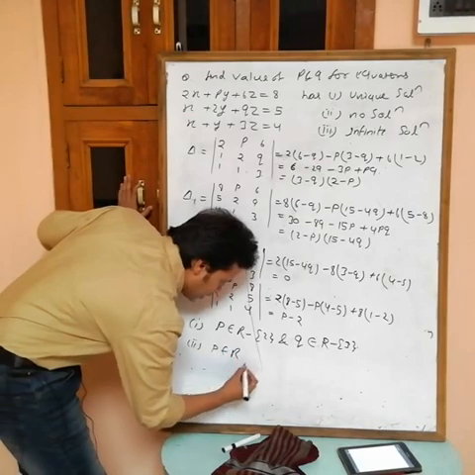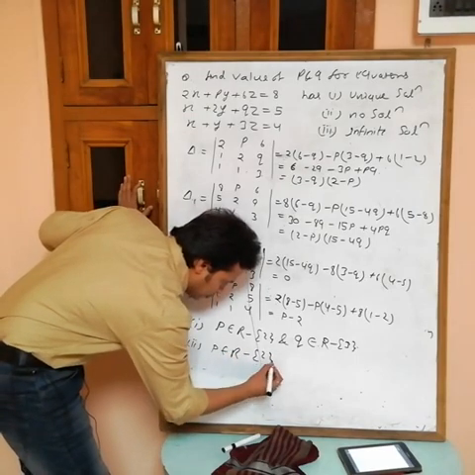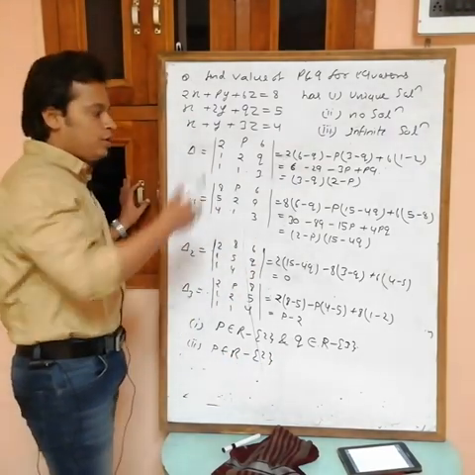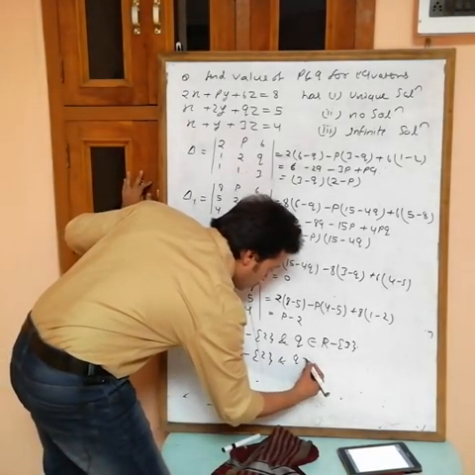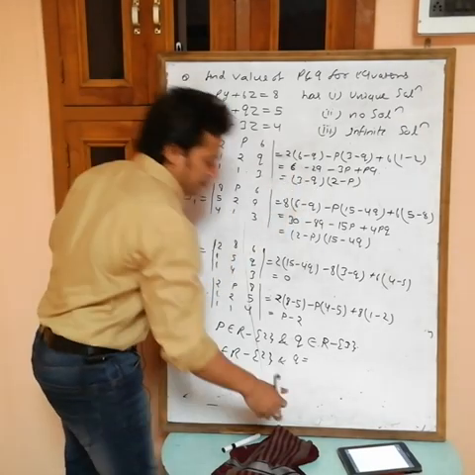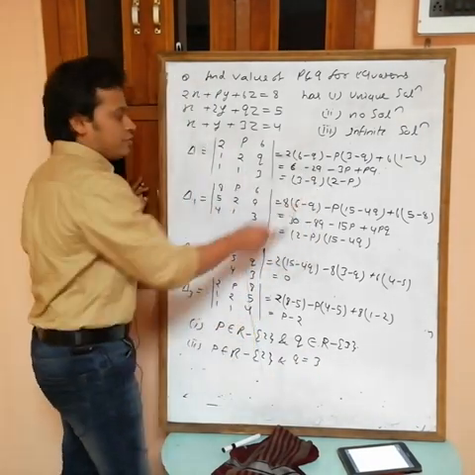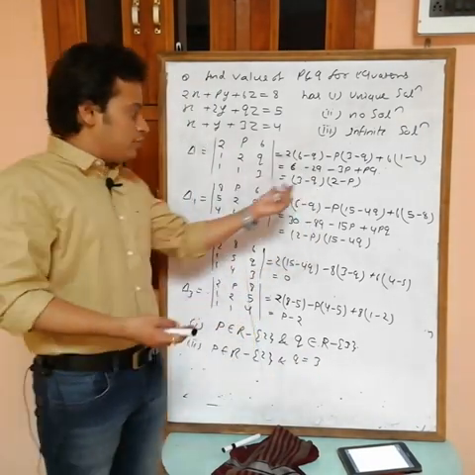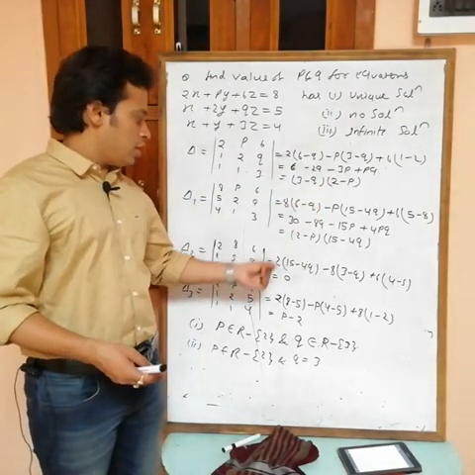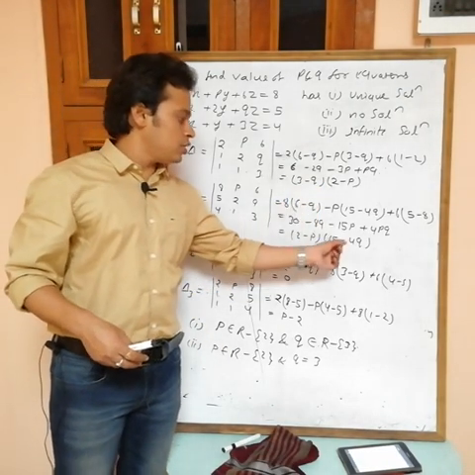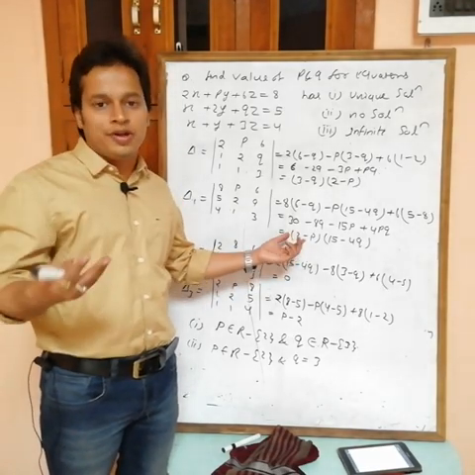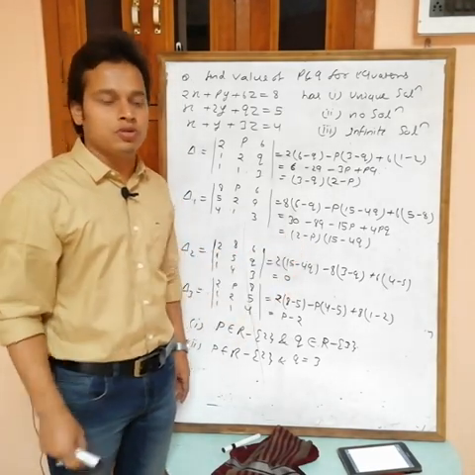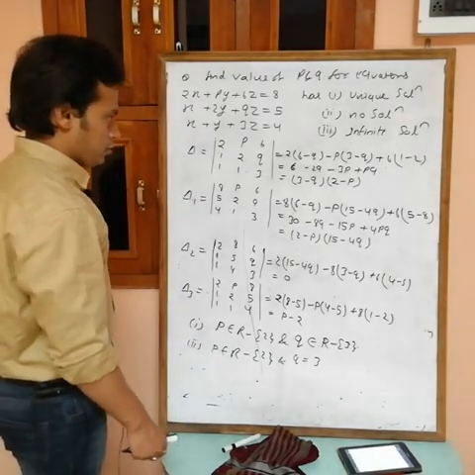p belongs to any value. P can take any value other than 2, because if you are taking p equal to 2, then all become 0. And what about q? Q must be equal to 3. Otherwise, this is not equal to 0, no? If q becomes 3, then this becomes 0. This becomes 0. Now, if q equals 3, then this is non-zero. If p is not equal to 2, then this is also non-zero. So at least one is non-zero, and then we have no solution. Okay, simple. And third one